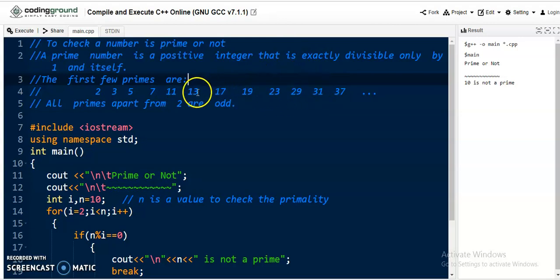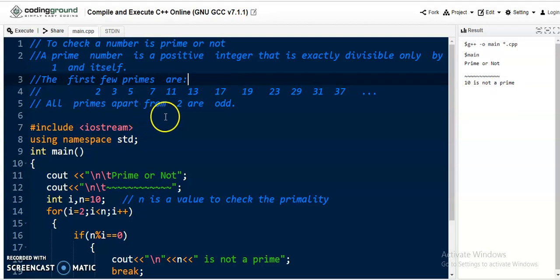Let's check 13. 13 is exactly divisible by 1 and also by 13. Apart from that, no number from 2 to 12 divides 13 without a remainder. They can't exactly divide 13, so that's why we can say 13 is a prime number.